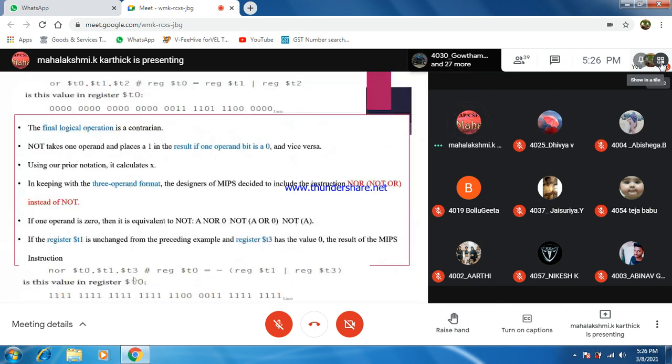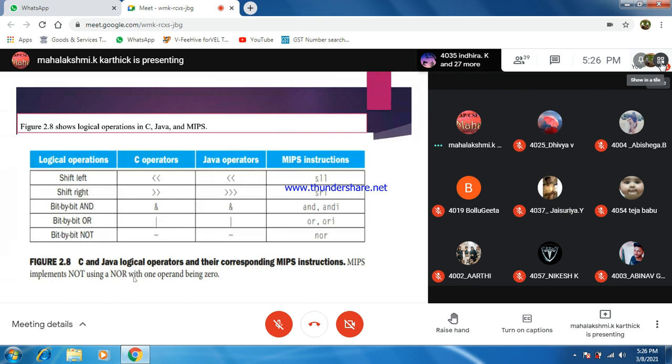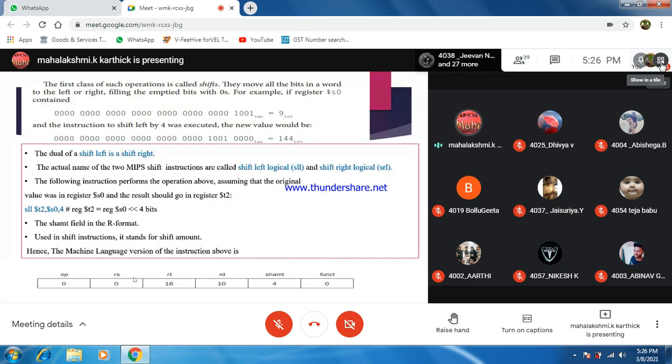Any doubt? Simple topics தான். இது மட்டும் go through பண்ணுங்க. நான் slides அனுப்பி விடுறேன். லாஜிக்கல் ஆப்ரேஷன்ஸ்க்கு வந்து ஷிஃப்ட் லெஃப்ட்னா என்ன, ஷிஃப்ட் ரைட்னா என்ன, அண்ட் ஆர் நாட் we have covered. We go through all the 32-bit representation, how we have to convert shift left and also try for shift right also. ஷிஃப்ட் ரைட்னா இந்த வேல்யூவை நம்ம இந்த பக்கமா ஷிஃப்ட் பண்ணிட்டு இந்த இடத்துல 0 போட்டுட்டு இந்த இடத்துல கம்மியாயிரும்.